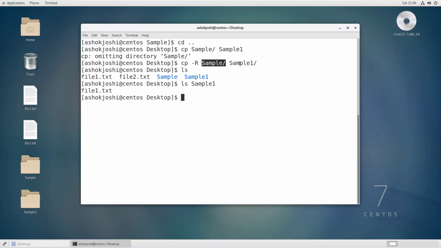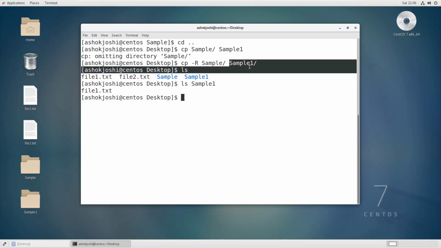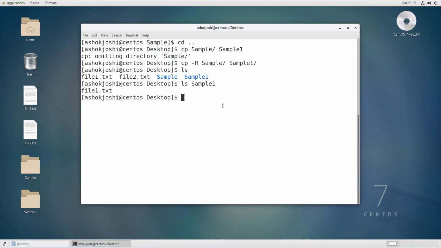Now as we saw here, we just gave the directory name. You can also give absolute and relative paths. It depends upon you whether you want to give relative or absolute. So here basically I have given sample and sample1. Simple to understand. And if you don't know what absolute and relative paths are, I have made a video. I will give an i button, you can go and check.